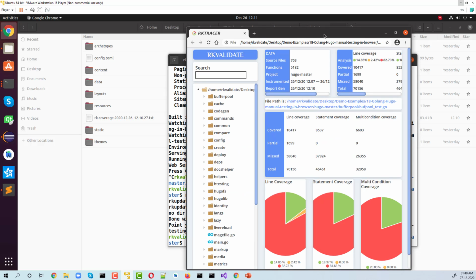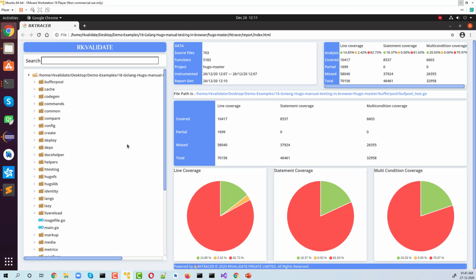Now this is the architracer code coverage report that has been generated here, and on the left hand side we have a tree view, and on the right hand side we have the project structure. We are at around 70,000 lines of code here, the statement is around 46, and multi-condition is 32,000. And on the left hand side we have this project tree structure. If you want to search for something, for example, let's say I'm going to search for this